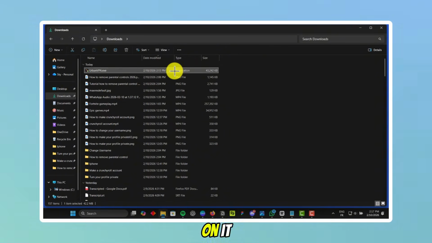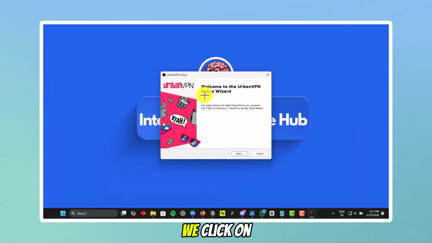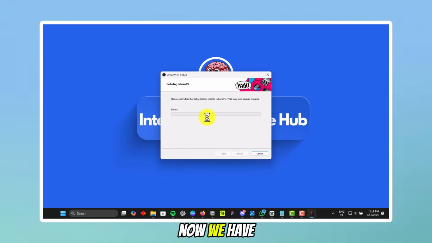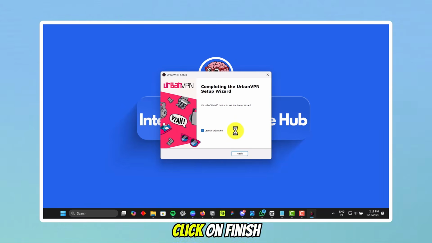After double clicking on it, we will get this page. We click on next, and then we can read and click agree and continue, and then I accept the terms of use and click install. Now we have to wait for the installation to be completed, and after that we can move on to the next step. We click on finish,